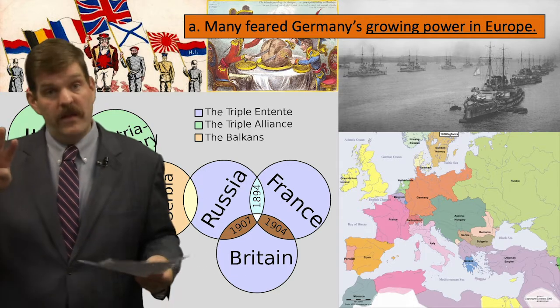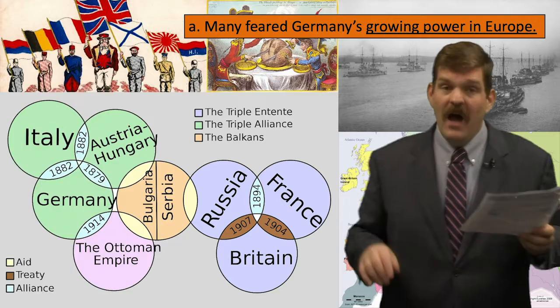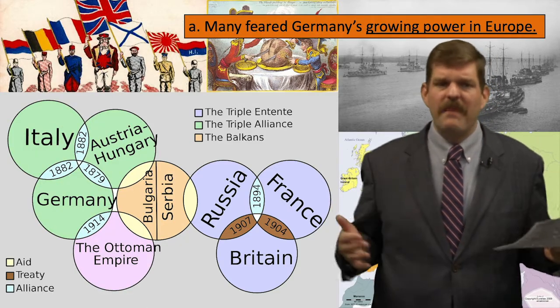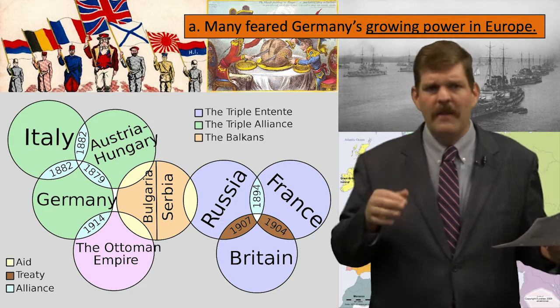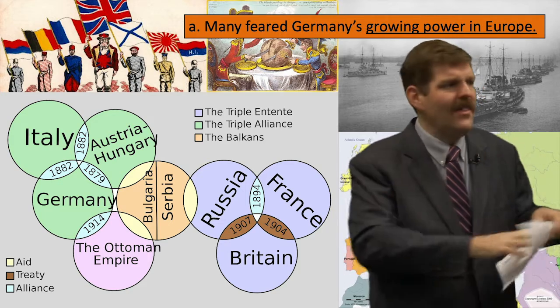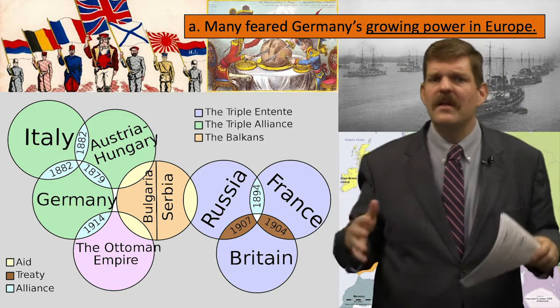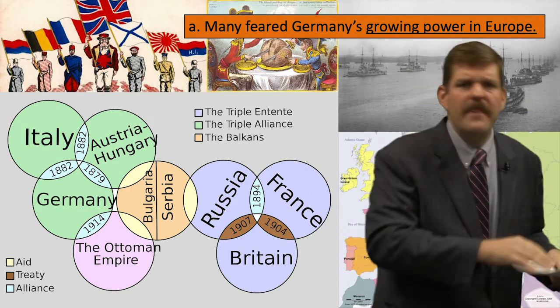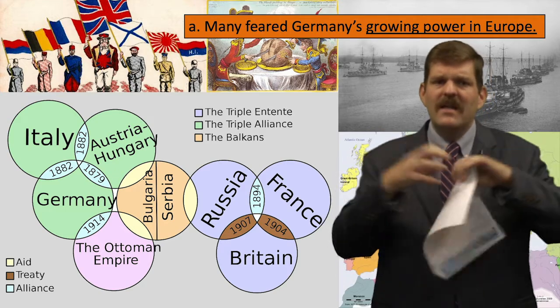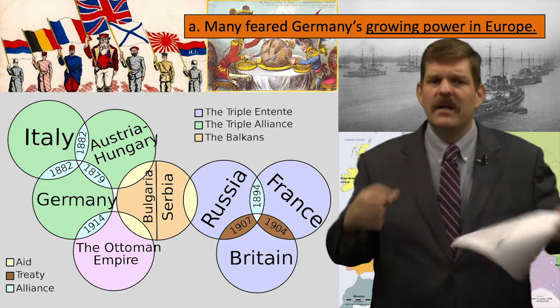So there's also the development of number 4, the alliance system. Alliances seem to give a country security, as nations became unwilling to disrupt the balance of power. A country wouldn't attack another country because that second country had an alliance with a half dozen others, and if you attack one, then you're going to end up fighting them all. That alliance system was designed to create an uneasy but enduring peace.